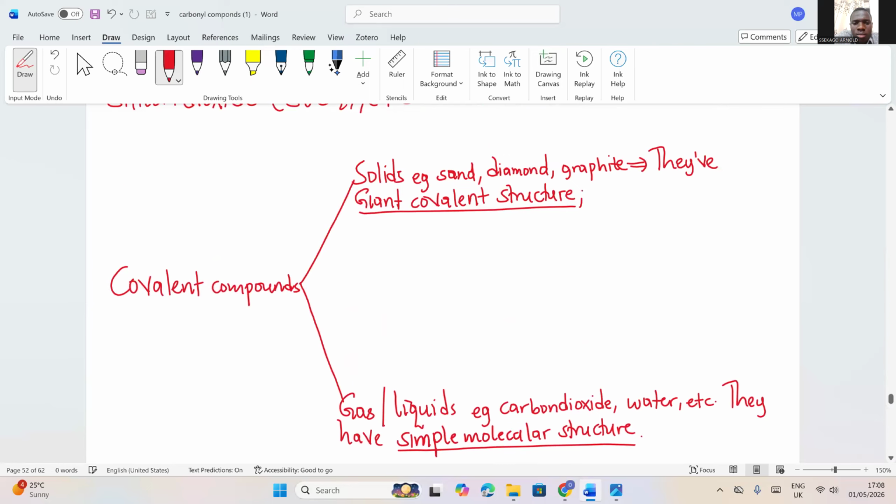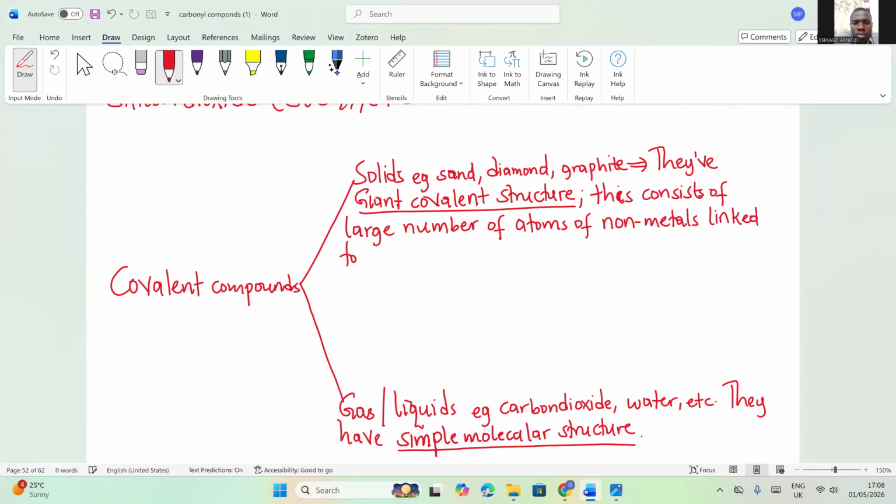Now, a giant covalent structure, this consists of a large number of atoms of nonmetals linked together by strong covalent bonds,